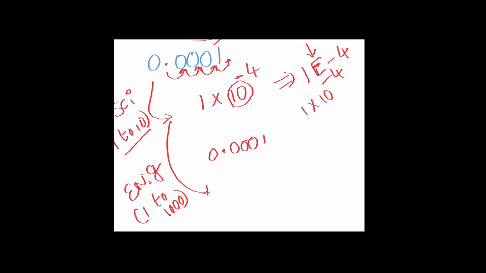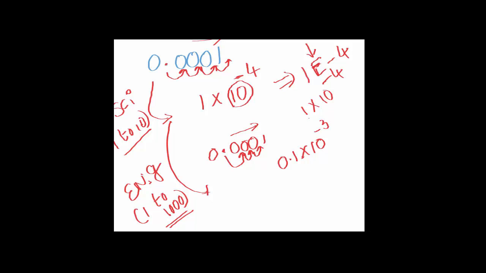So in order to achieve this range, I move the decimal point to the right by 1, 2, 3 places. That becomes 0.1 times 10 power minus 3,